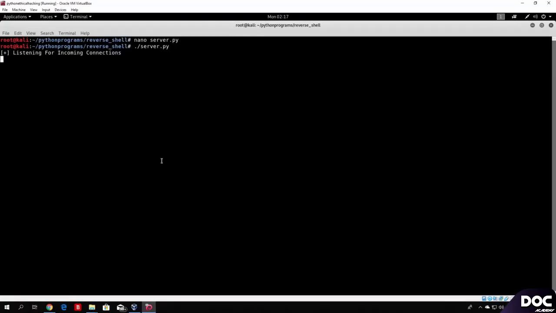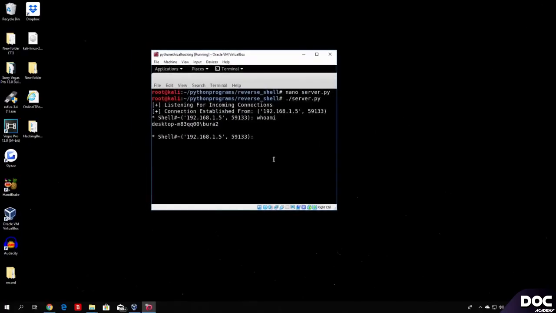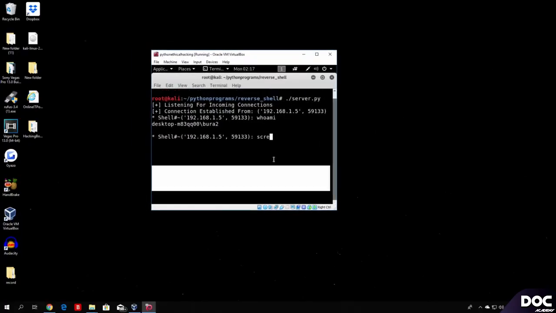We listen for the incoming connections. It should come any second. As you remember, we have a timeout of 20 seconds before connecting. And as soon as it does, we will first of all check a simple command to see if our program works, and then we will run the screenshot and see how it looks. So here it is. Let us just run whoami for a simple check. Then I can lower this so you can see the screenshot better. And if I just type screenshot,